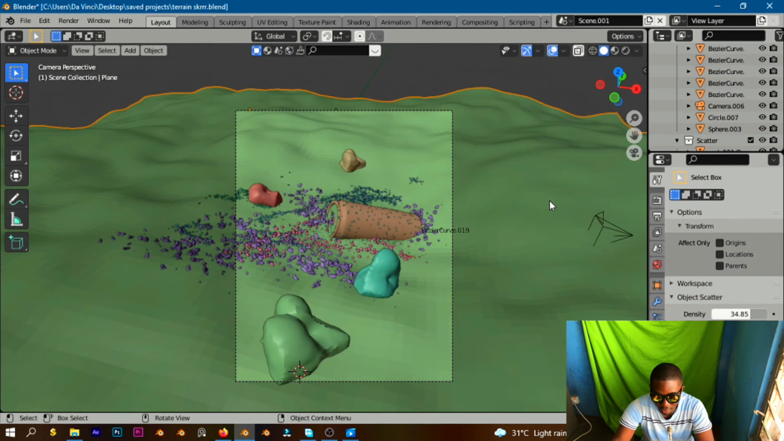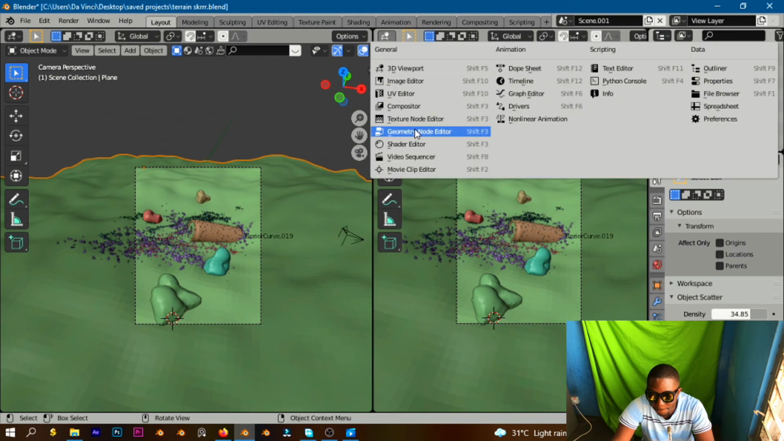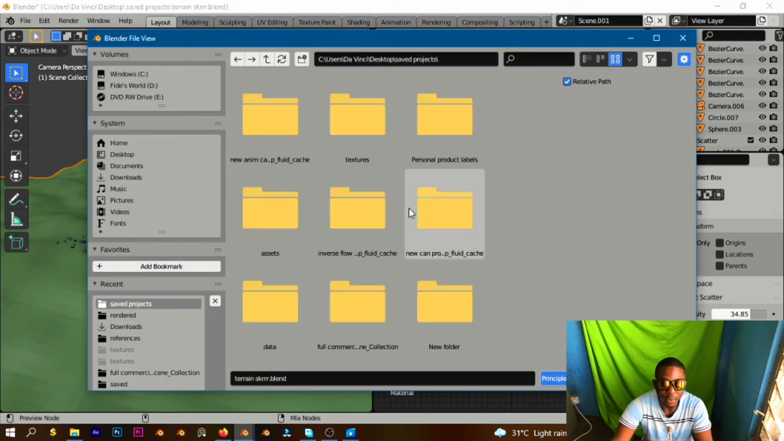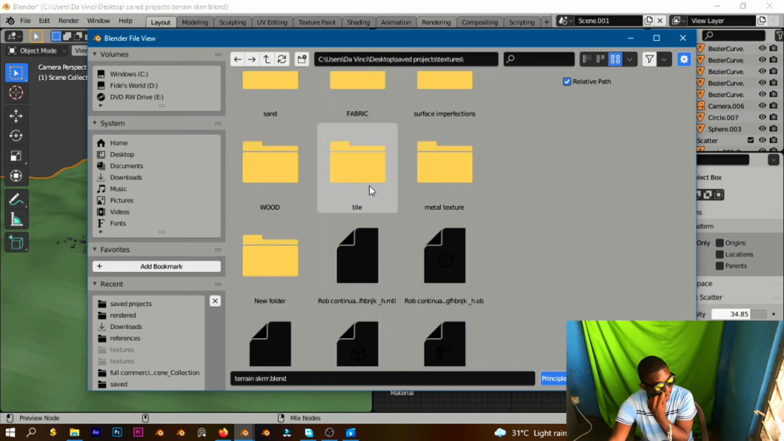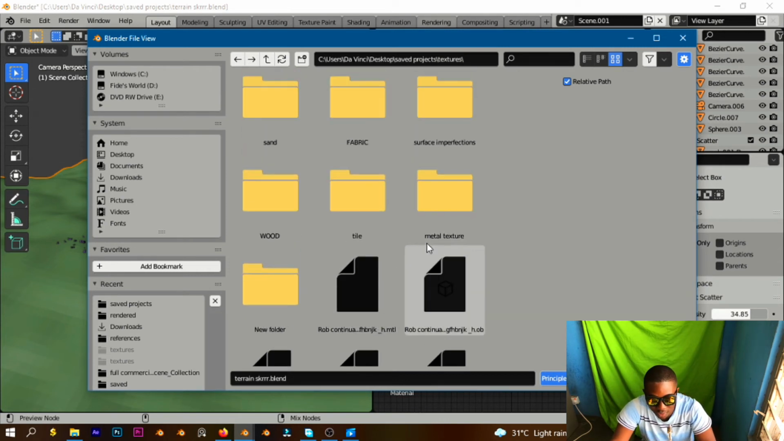So let's texture the ground surface. We go into shader editor and we'll use a node. With the node wrangler enabled, Control Shift T will bring us here. I have my textures organized over here, so you can get your textures. I have the link in the description. You can get your textures in various places. What I want is sand,